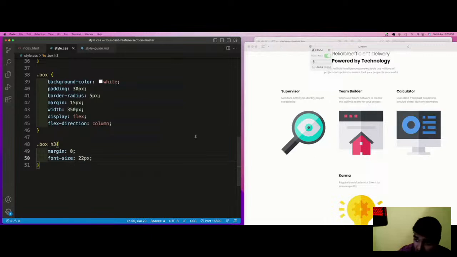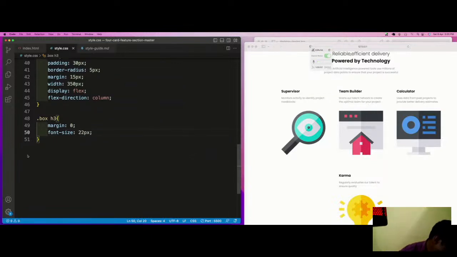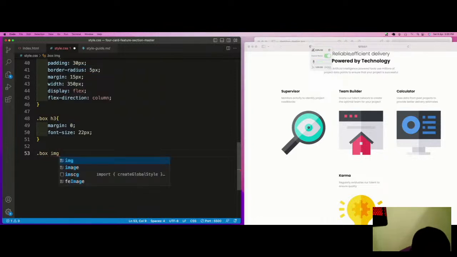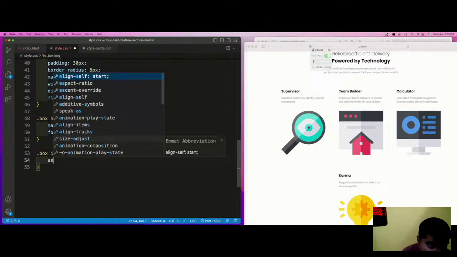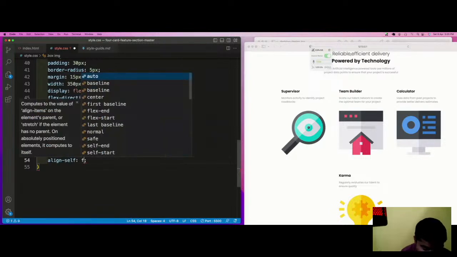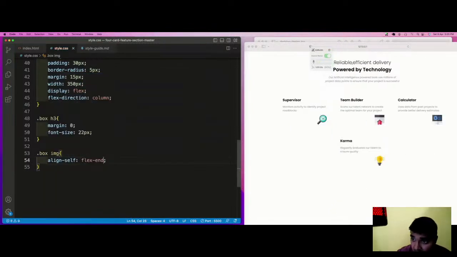After that, it's time to target the image, dot box image, and we use the align-self property to flex-end.